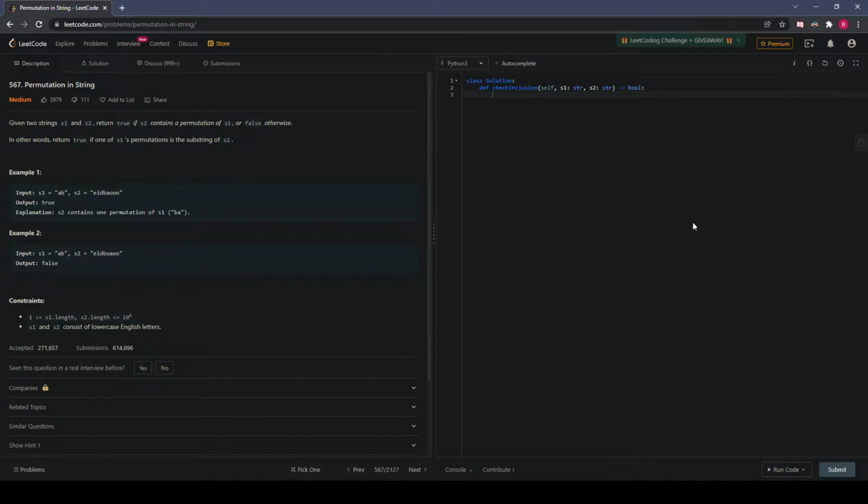Okay, so today we'll be doing the permutation in a string question on Leetcode. Basically, you want to see if you can find S1 or a permutation of S1 within S2. Pretty simple, I think. So like always, edge cases: if length of S2 is equal to 0, or S1 is none, or S2 is